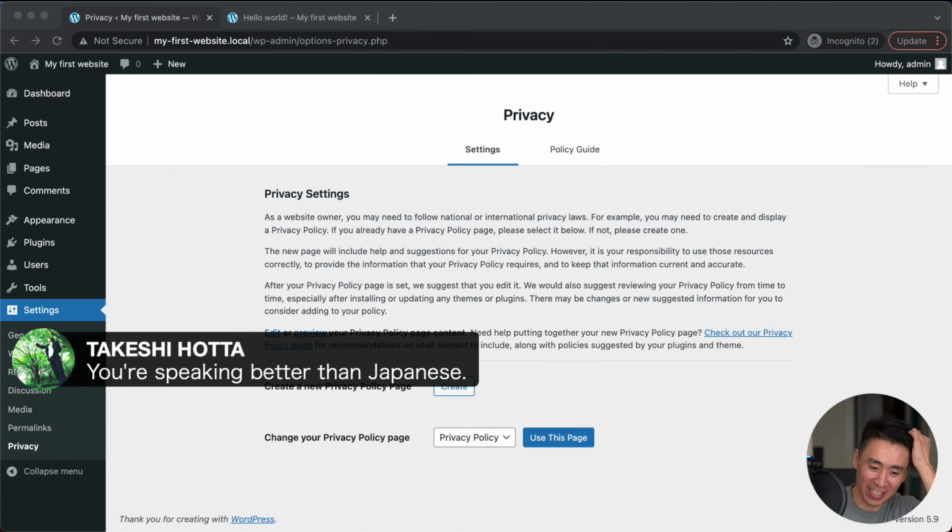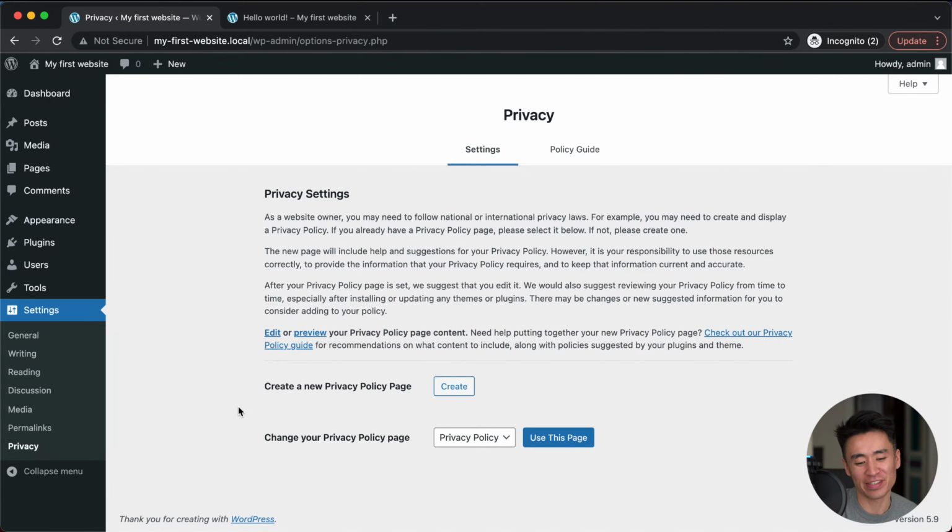Okay, I got a comment saying you're speaking better than in Japanese. Maybe, I don't know. I don't think so, but I guess I explain things a little bit differently than in Japanese, because I don't have to worry about the translating part. Also, when you speak different languages, your personality kind of changes a little bit. So, anyway,